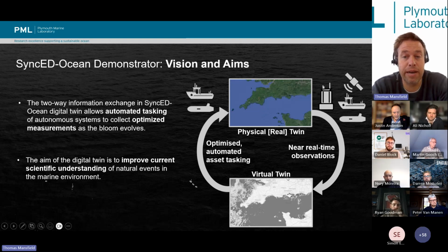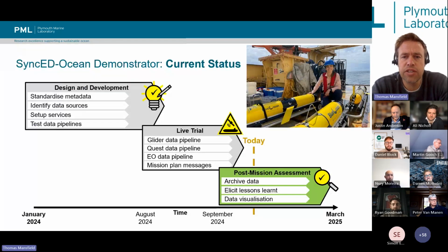And this digital twin ran for something like 2 months, constantly improving the fidelity of the model in the virtual part, continually tasking the assets to go to the areas where they were most effective in the physical real world. So I talk about that in the past tense, so a little bit of a recap about